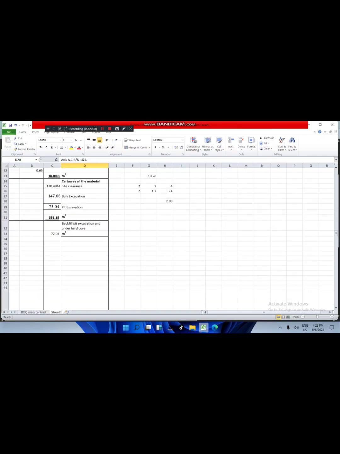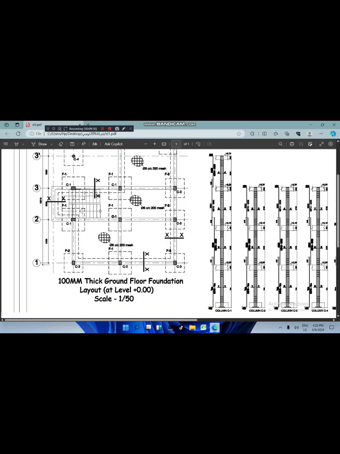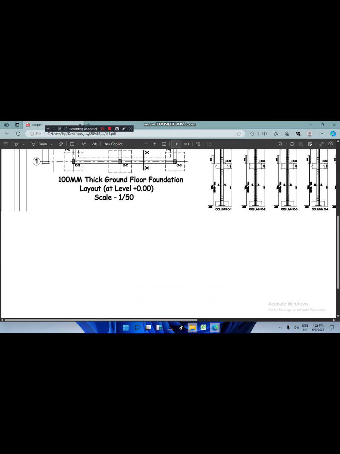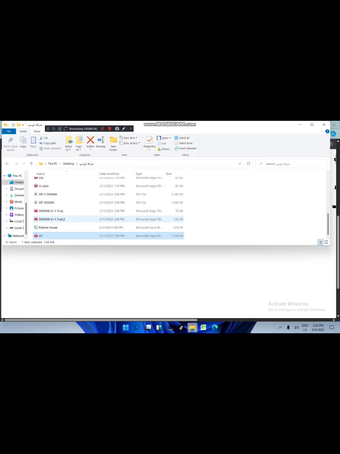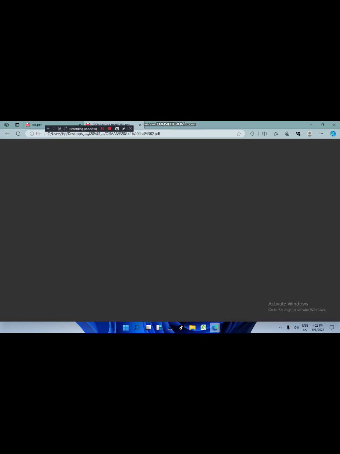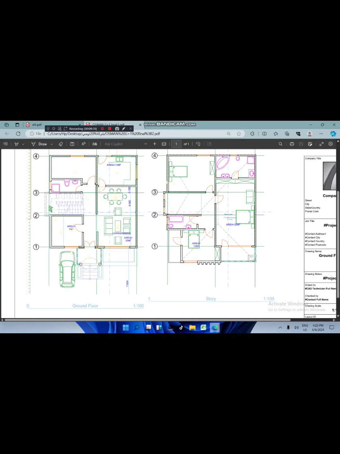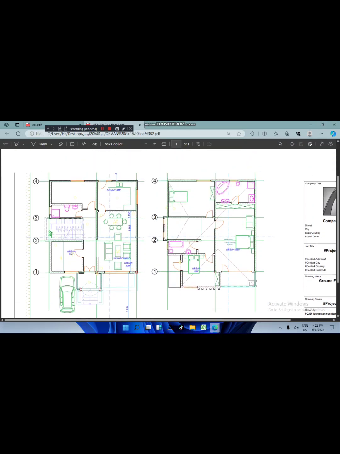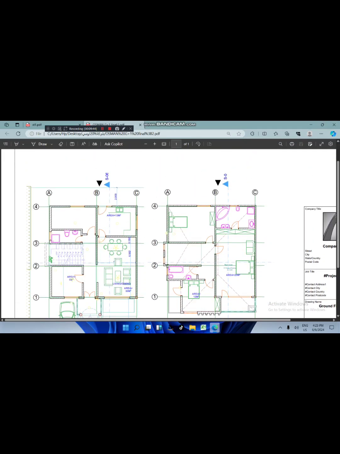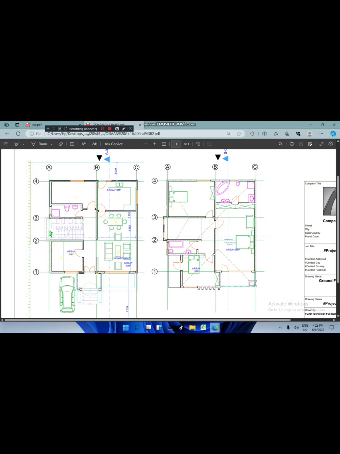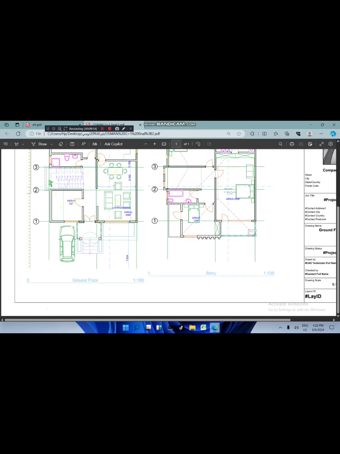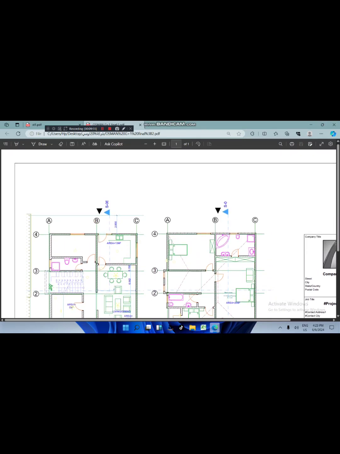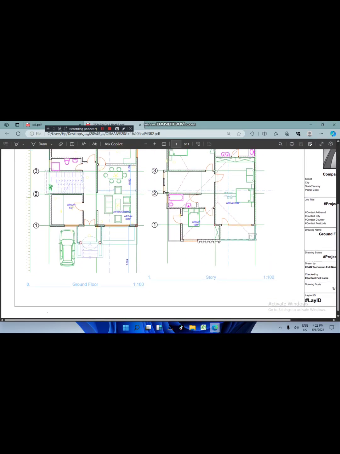Anyhow, this was the structural drawing. Here is also the floor plan. It shows the rooms, the area, and the details in the floor plan. We know this. It's a